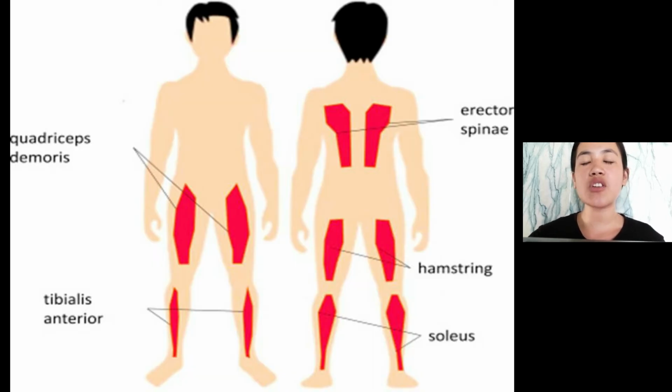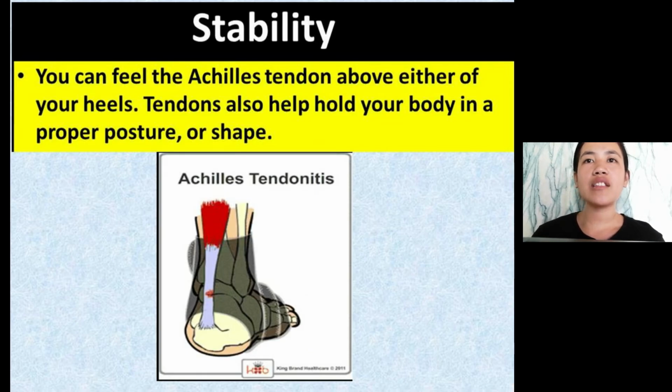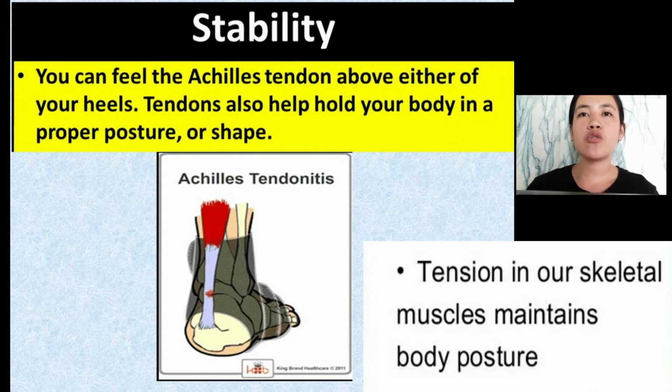As we can see in the figure given, the posture is standing. So it needs a group of muscles to maintain the posture and stability, such as quadriceps femoris and tibialis anterior in the lower extremities. On the other hand, the upper extremity is mainly held together by erector spinae. And second, the Achilles tendon above either of your heels. These tendons help hold your body in a good or proper posture or shape